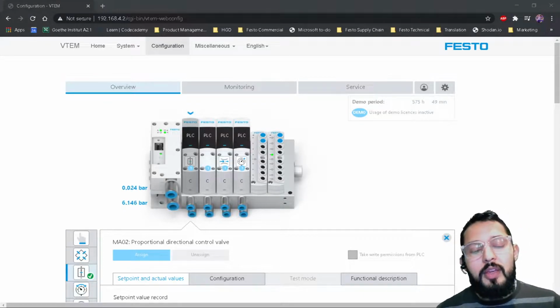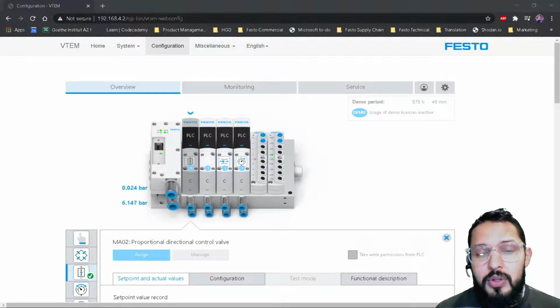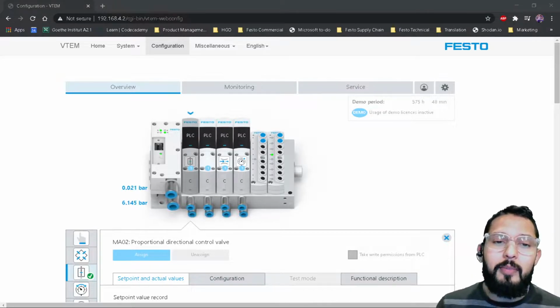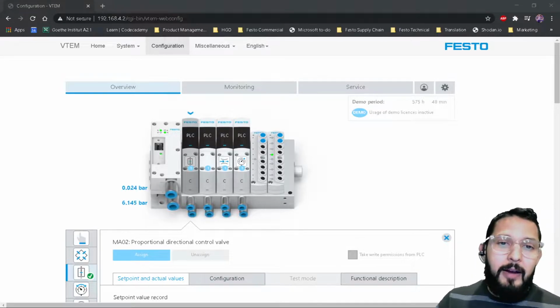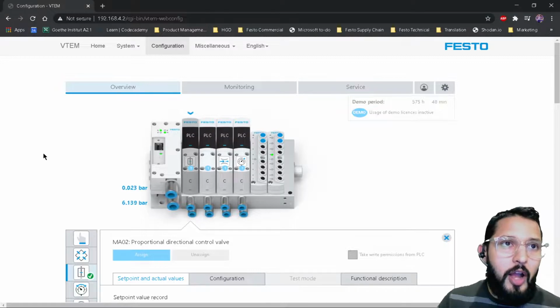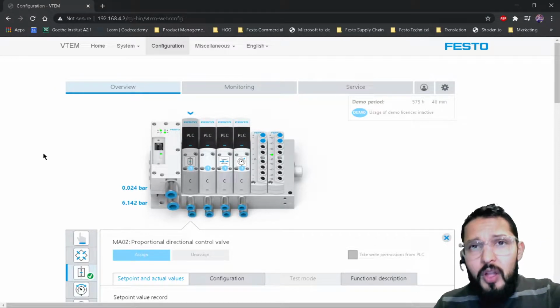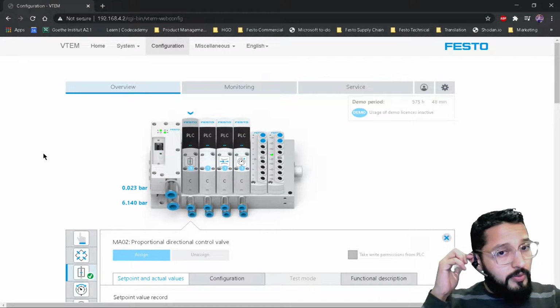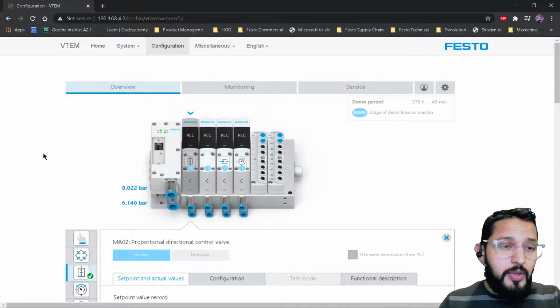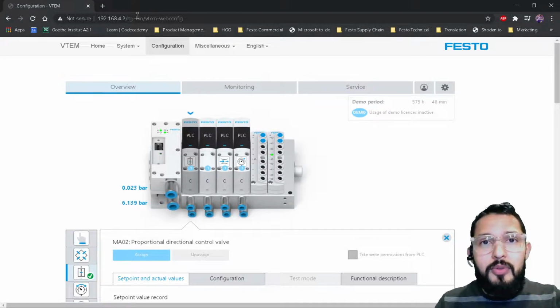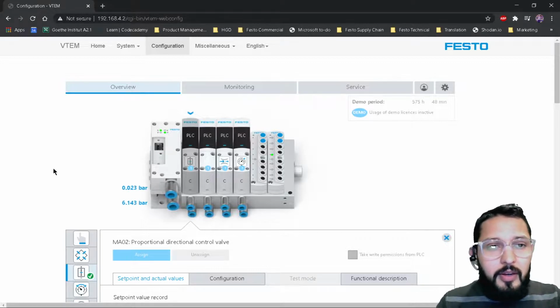This video is going to be about using the proportional directional control valve on the motion terminal, VTEM. You can see that right now I'm already on the web visualization for the VTEM. This is a web visualization that you can access through your standard web browser, Google Chrome or something like that. I'm using Google Chrome right now, and as you can see, I have 4 valves and 2 input modules on